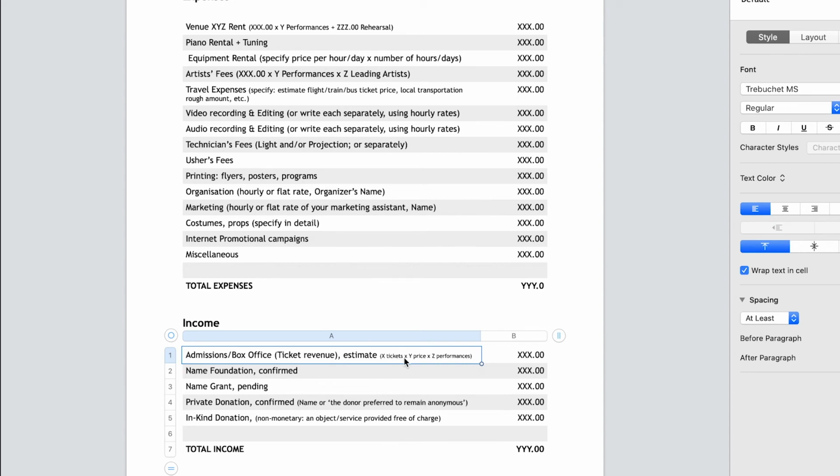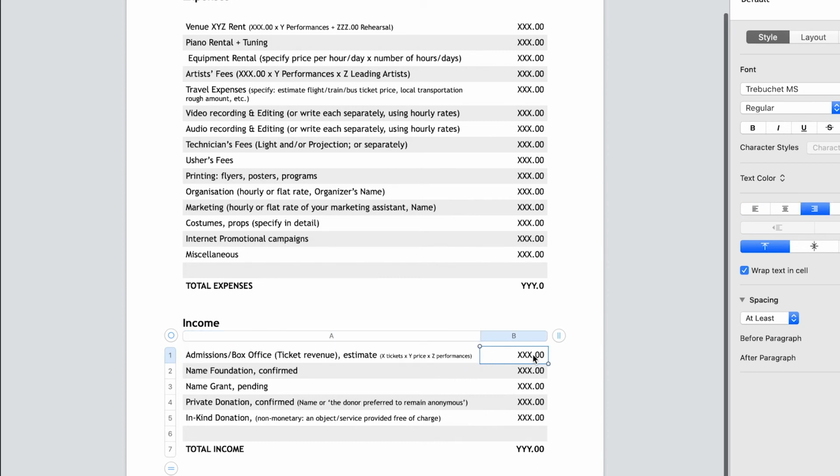Sometimes there are two kinds of prices, so write an average price, then maybe don't worry about it. So if you have a certain price right here, and then times the number of performances, so we have XYZ values here for that. This is going to be your final amount.